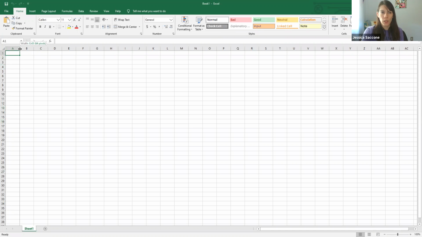If you click on it and hold it down, you'll also see a little window pops up that shows you the width of the column. So you can manually move these columns to change the width,